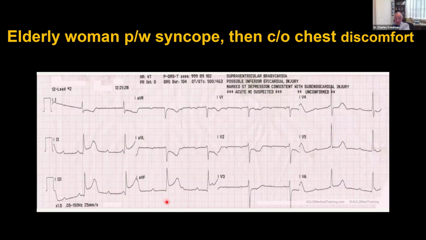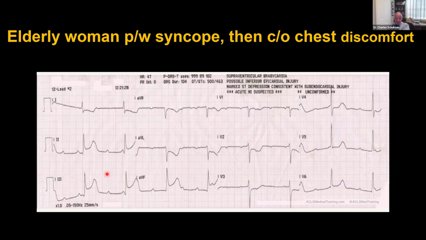All right. Why is this complete heart block? What's causing this complete heart block? Well, there's ST elevation in leads 2, 3, and aVF, consistent with an ST elevation MI. As a matter of fact, it reads, possible inferior epicardial injury. And as an aside, if the ST elevation in lead 3 is greater than lead 2, that implicates the